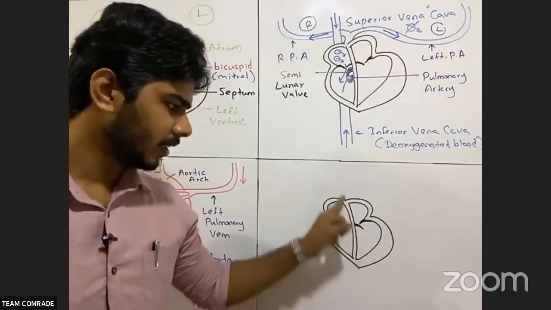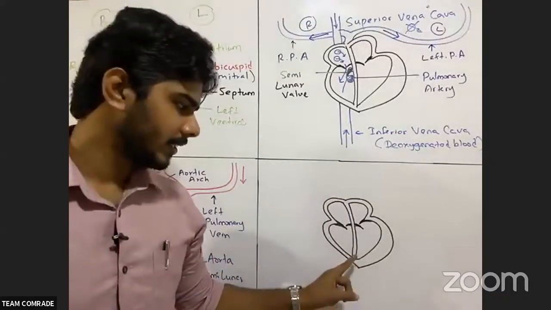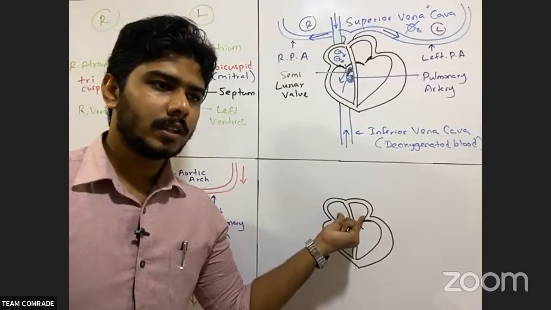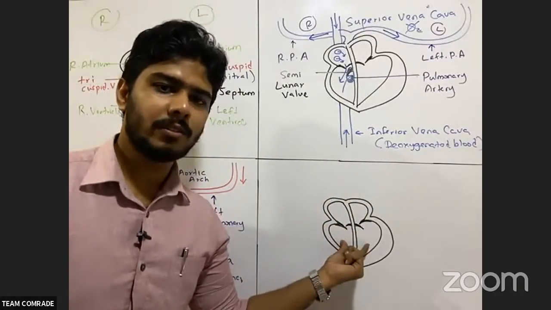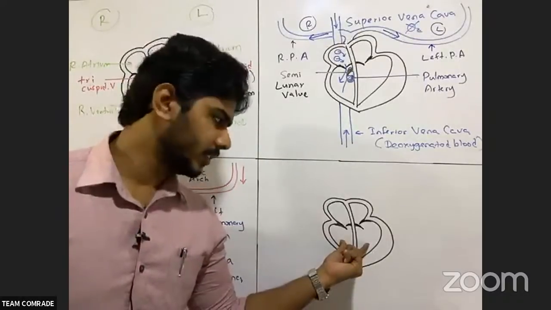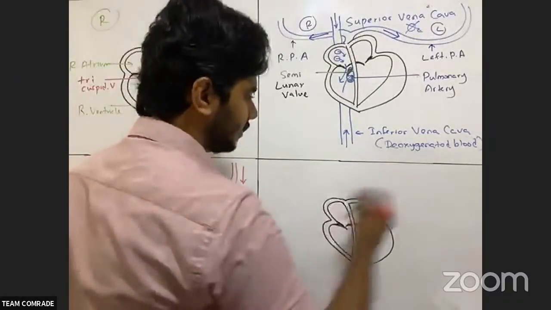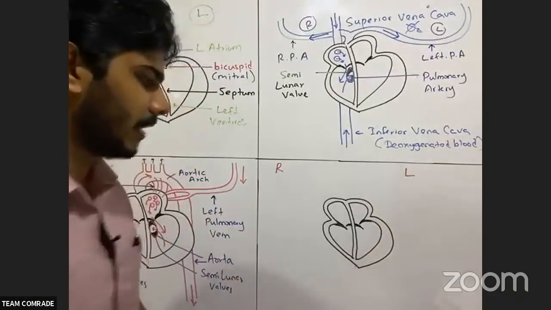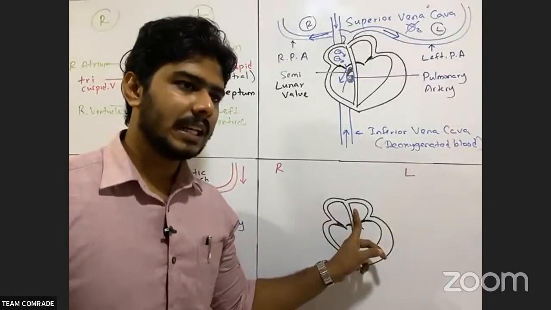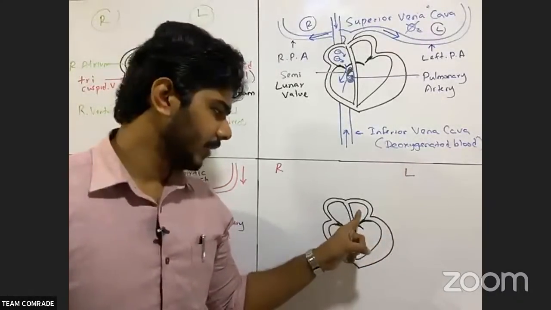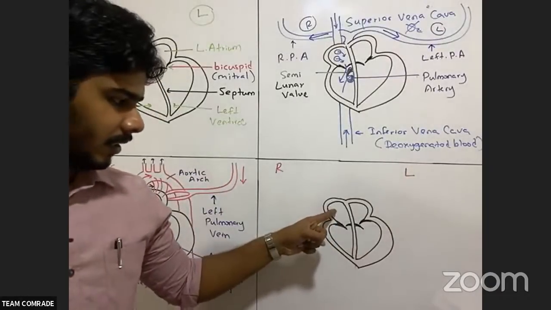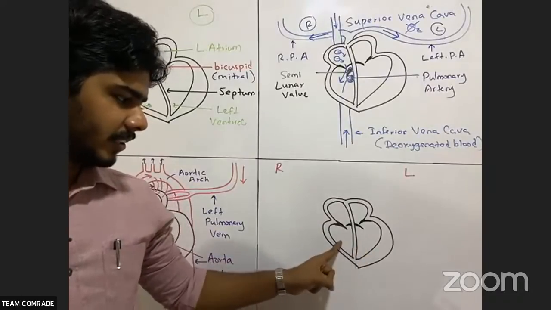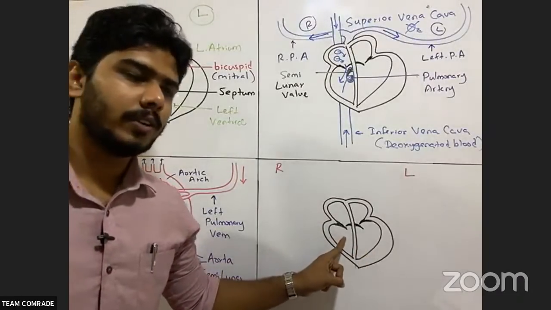What is dividing? What is the divider of the heart? Septum. Septum, right? And here both upper chambers, what do we call? Atrium. Lower chambers, everyone should answer. Ventricle. Lower chambers we call ventricle, right? Okay, so what is this side? This is the left side. The other one is the right side. So what do you call this one? The left atrium. This one, the right atrium. This is the left ventricle. This is the right ventricle. Everyone should answer.